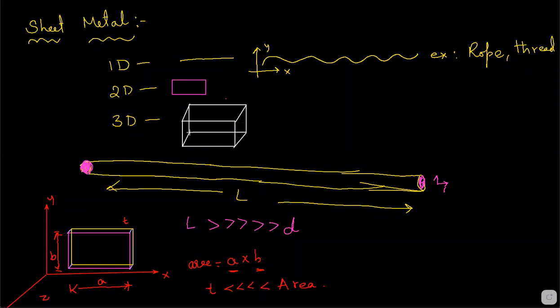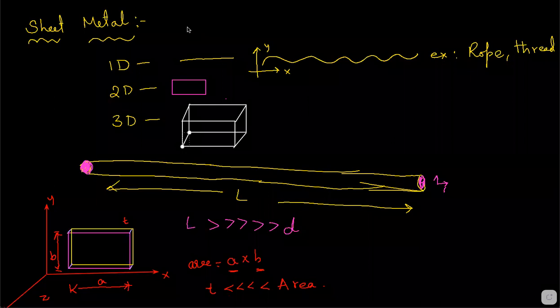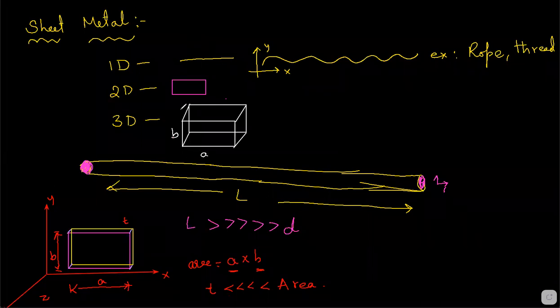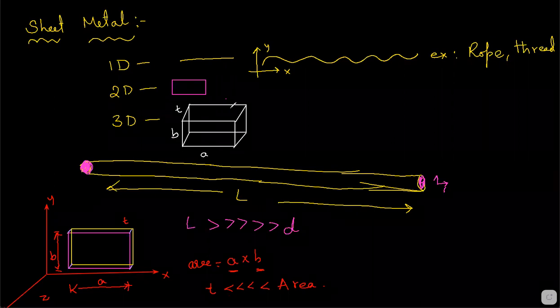Fine. Before we go to the question answer session, see, this is A, this is B, and this is thickness T. Now tell me, are all the 3 dimensions properly visible or not? It means you have all the 3 dimensions. That's why you call it proper dimensions. One is not very, very, very small compared to the other. So that's why you can call it a 3D object.